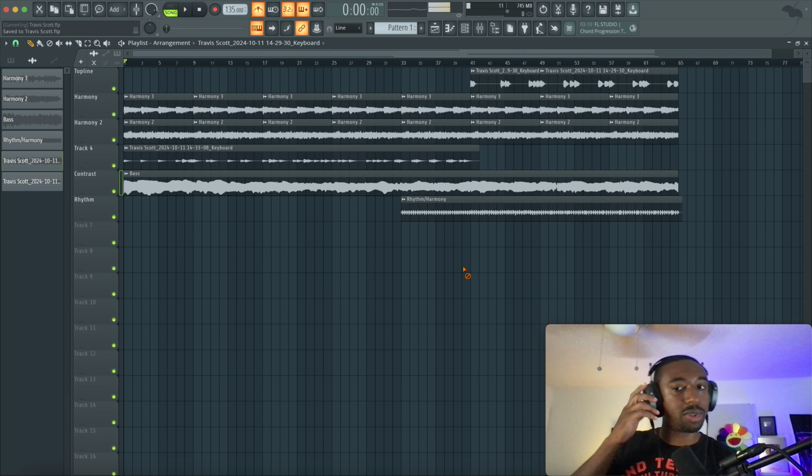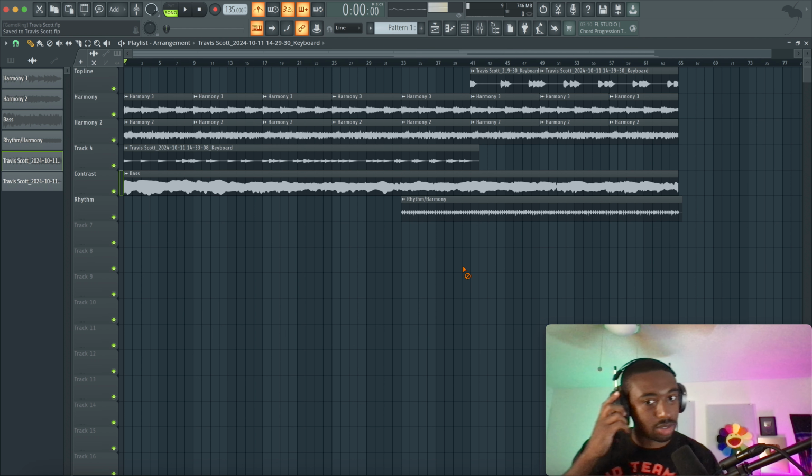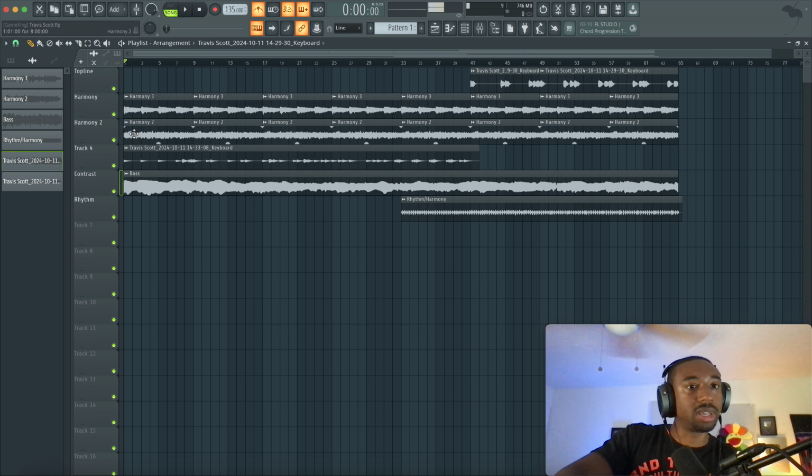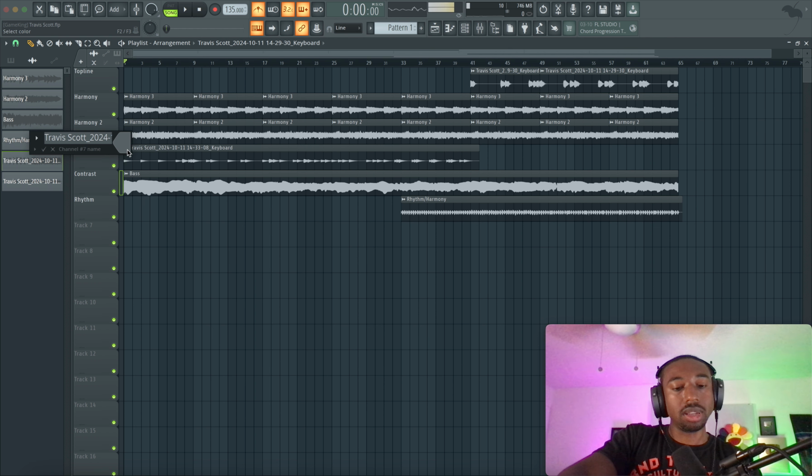All right, so we also have to remember the top line is the vocal melody as well. So we don't want to overly fill that category because we don't want the vocal competing with everything.